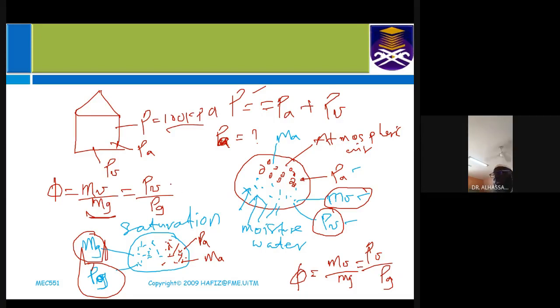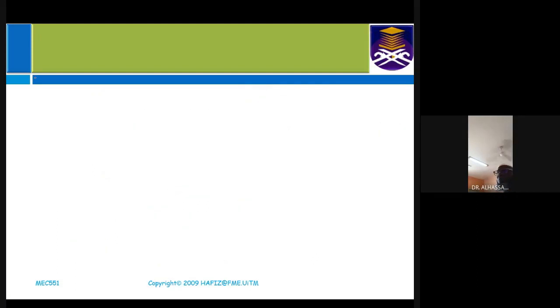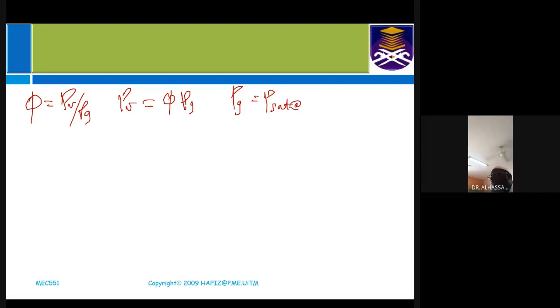Okay, so the question we have at hand is related to this. So now we need to define, and I've told you this equation can help us, but the mass cannot help us. Okay, so by definition, we know phi, or relative humidity, equals PV divided by PG. So by definition, PV equals phi times PG. Okay, so what is PG? PG is the partial pressure. So PG equals P saturation